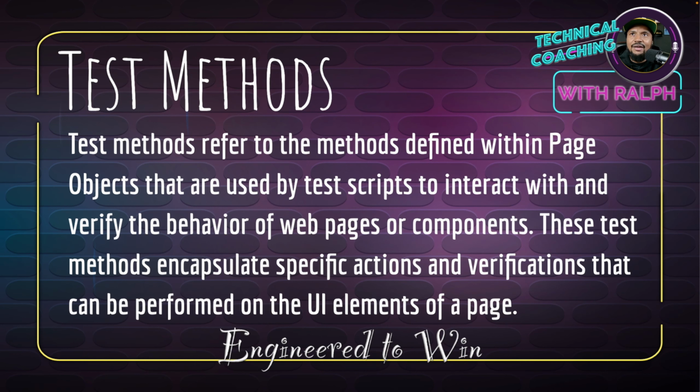We most likely would have a forgot your password link. We have a new user sign up link, something to that extent. But let's go with username, password, and login button, right? So now what happens is inside of our test methods, right? So the way that I would do it, I would create a test method for entering the username,